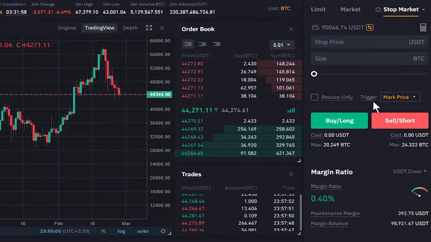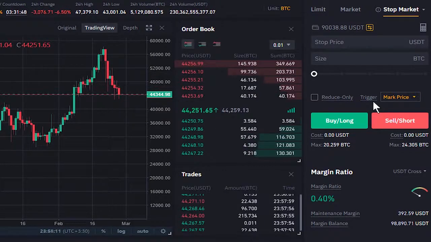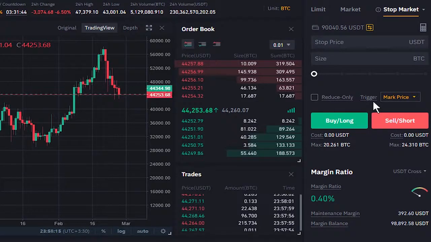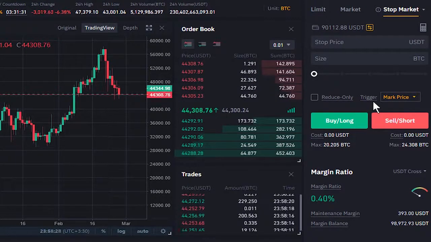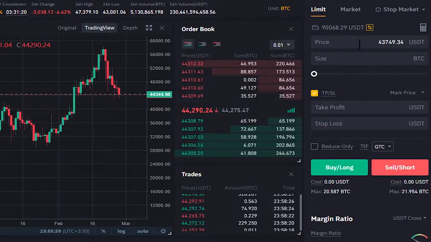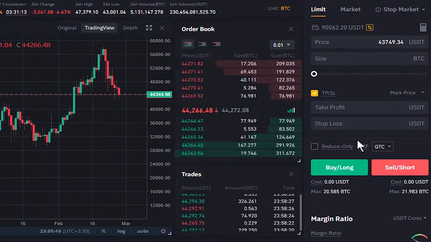And sometimes you see that it's lower or higher than what you expected, and it causes more loss for you, especially when the market is volatile and is rising or falling sharply. But with stop limit order and limit order, you have more control on your orders and you have some options to select. For example, for limit order, we have additional instructions here, and with TIF, time in force, you can